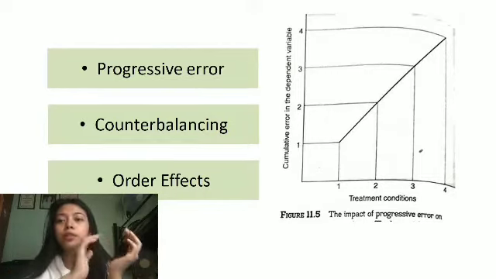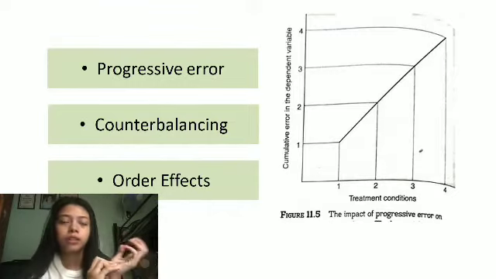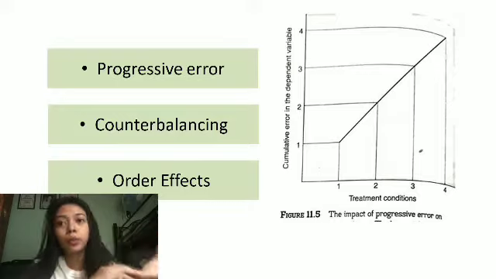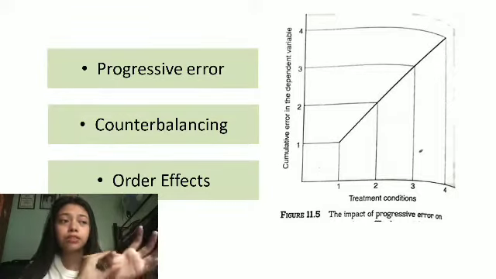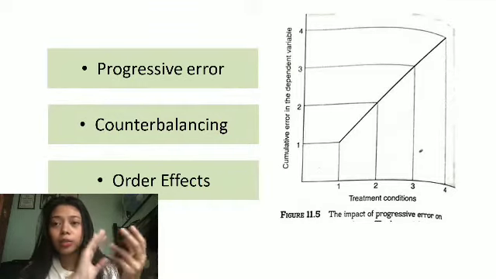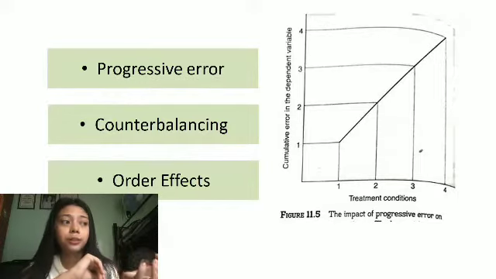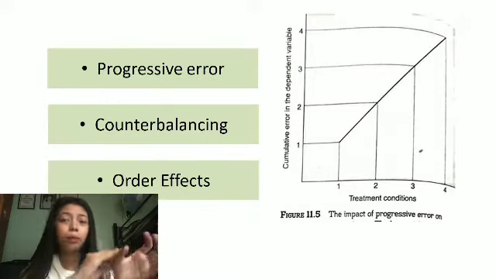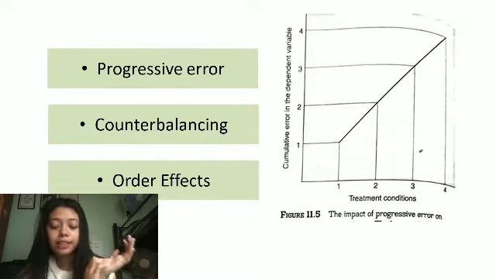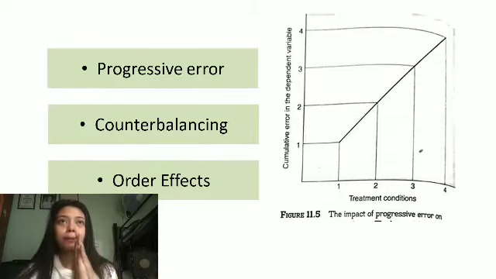At the beginning of the experiment, the progressive error is low. That represents Unit 1. But as the experiment continues, the progressive error increases. Next is counterbalancing. What is counterbalancing? Counterbalancing is the distribution of the progressive error in the experiment, while the order effect is the difference in research participants' responses. So for example,